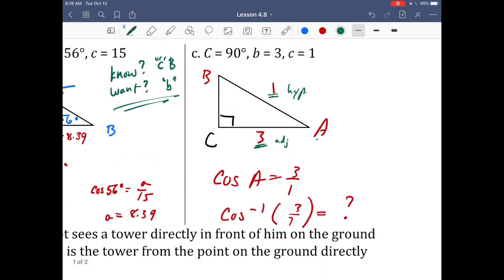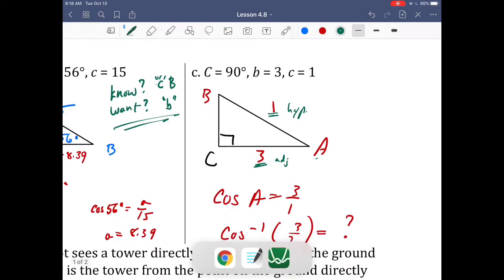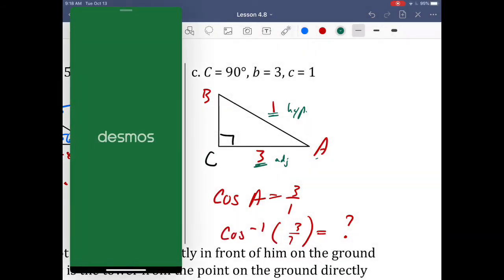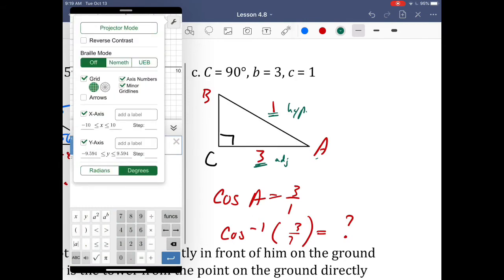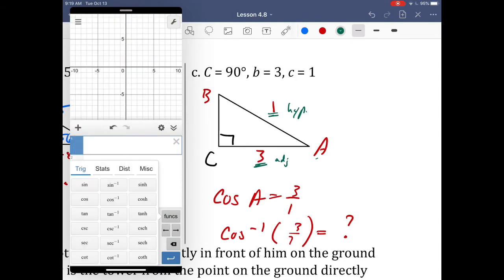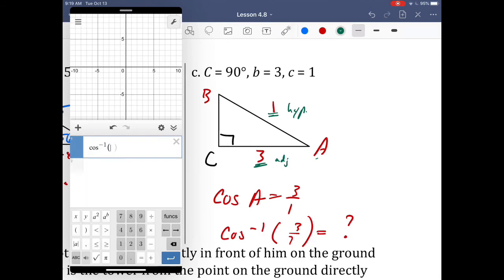And what you can try is, again, we're in degree mode. Always thinking about that. If you try to do the inverse cosine of 3 over 1, you get